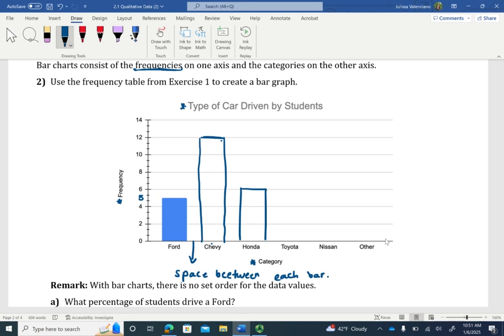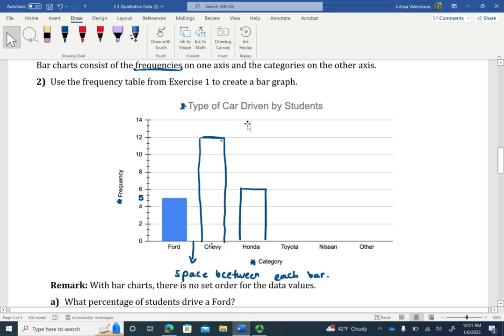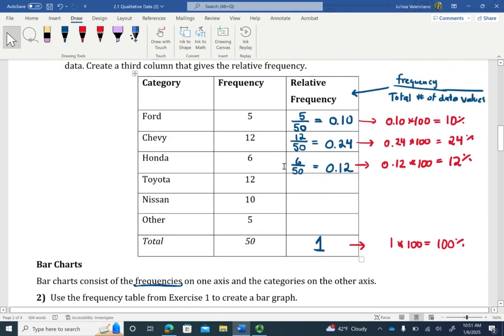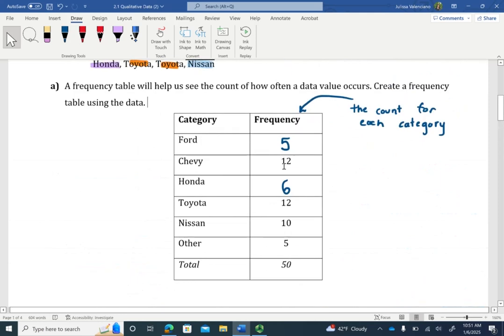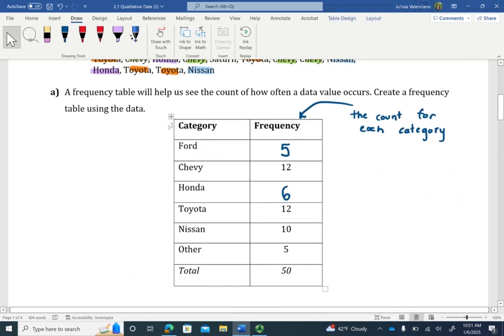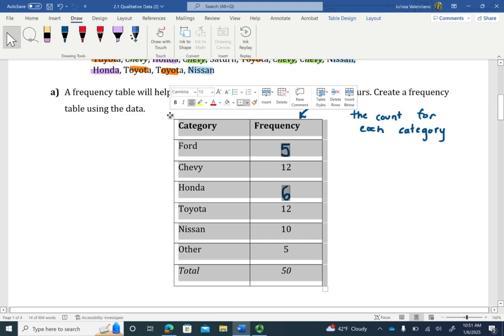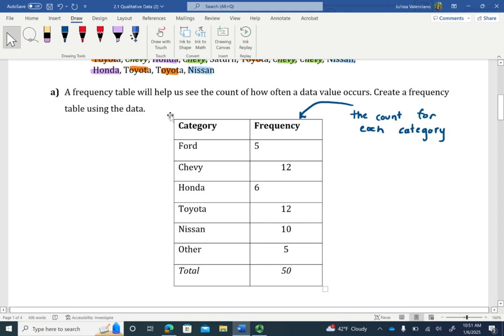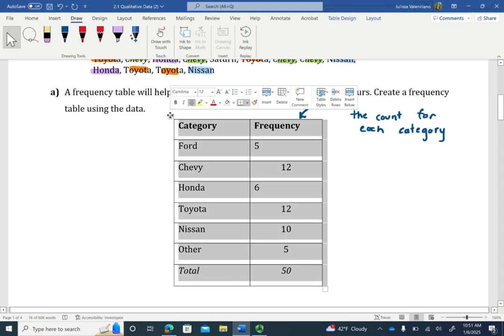Now I'm going to go ahead and stop here because I want to show you how to do this on Google Sheets. For this, you're going to need to open up the Microsoft version of this activity. That's going to help us work faster. Here's what I'm going to do. I'm going to go up to our frequency table and copy it. First, let me type in a value for the first and third category. Let's select the table.